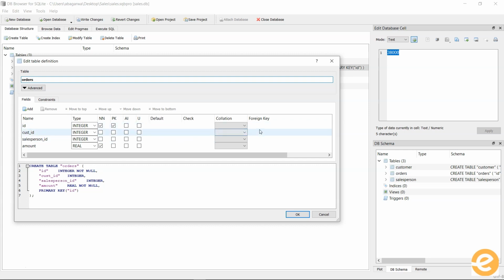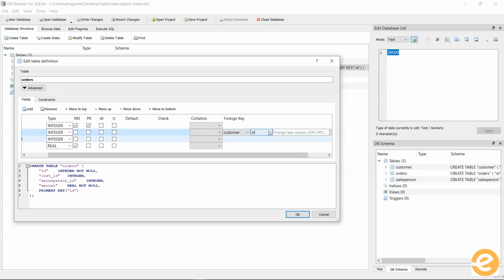So to do that, what we need to do is double click over here. The box will be generated for us, and we need to select the table name. So since this is cust ID, as you can see the column name over here, we will choose the customer table. From that, we need to specify which column we want the referential integrity or the relationship. So within customers, you have the ID column as the one which is the customer ID.